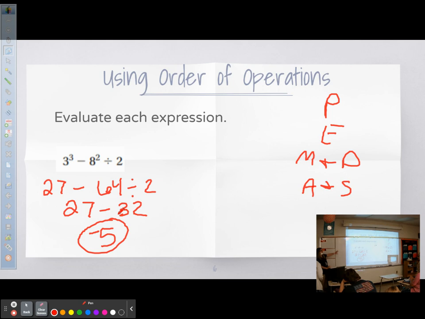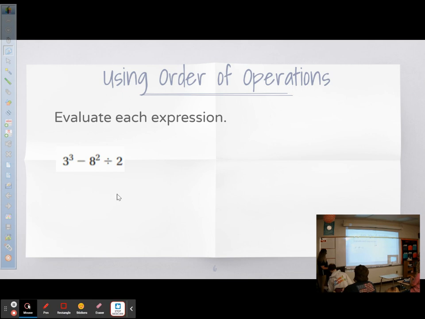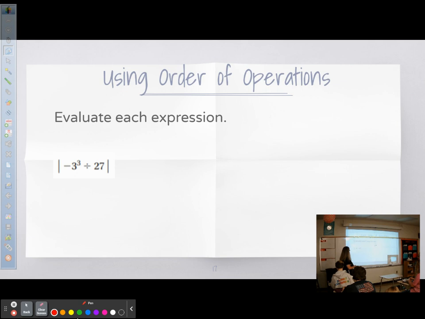All right, what questions do you have for me on evaluating expressions with exponents? Okay, let's try the next one. The absolute value of -3 to the third power divided by 27. Okay, so we do PEMDAS. So first we do what's inside parentheses or what's inside brackets. These are absolute value symbols, so that's a bracket. So that means we do what's inside of it first before we do the actual absolute value. All right, so looking inside here,